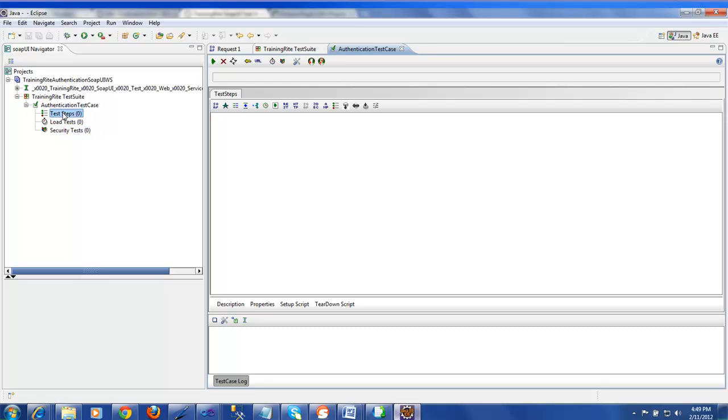All right, if I hit OK, what I will see is a bunch of things over here. I could go ahead and create my test steps. I could do a load test. I could do a security test and all that. As a part of our SoapUI Web Service Testing course from TrainingRite.com, we'll be covering all of these things in our training. For now, let me just quickly show you how I'm going to be creating a post,